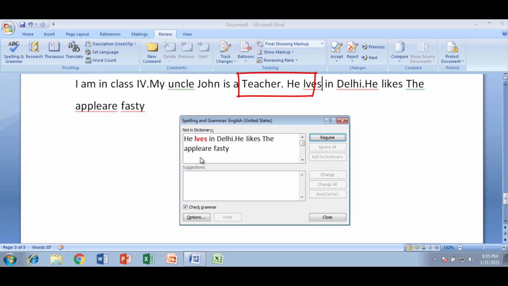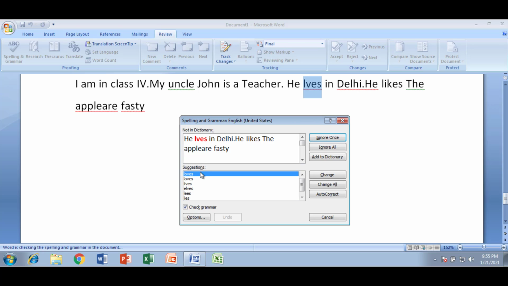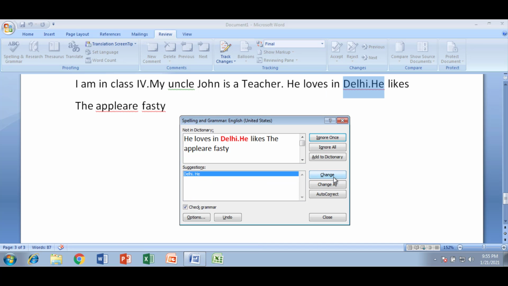Same thing, there is another line over here that has an error. Here it gives you lots of suggestions, so you have to select any one. I'm going to select the first one, that is Laos, and click on Change. After clicking, you can see the spelling of Laos is changed. Same for Delhi and "he", I'm going to change.